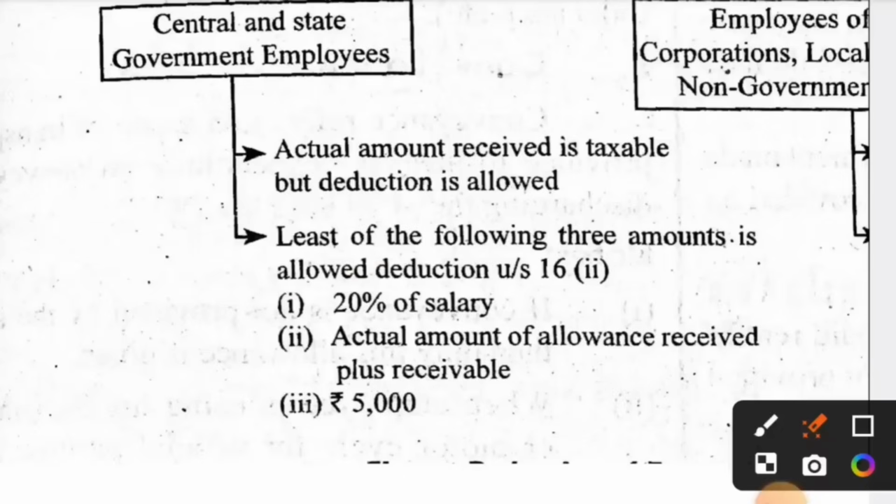In the salary section you will find the basic pay. If basic pay is 1 lakh rupees, in that you need to take 20%. Then you will get the first one, and the next one is the actual amount of allowance received, and the third one